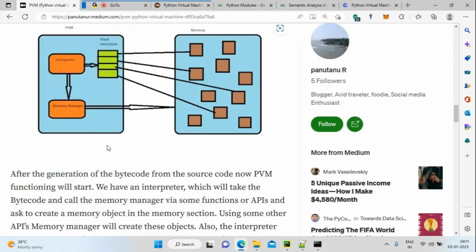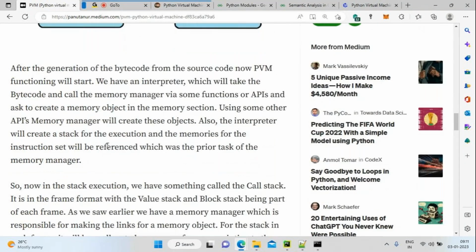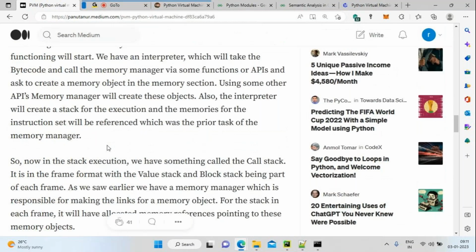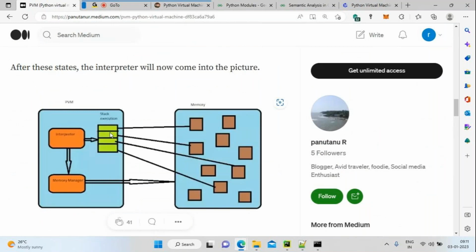In stack execution, it stores the memory address in a linear fashion. Whichever object is created first is stored in the stack first. Once the execution is completed, it uses a pop function to remove it